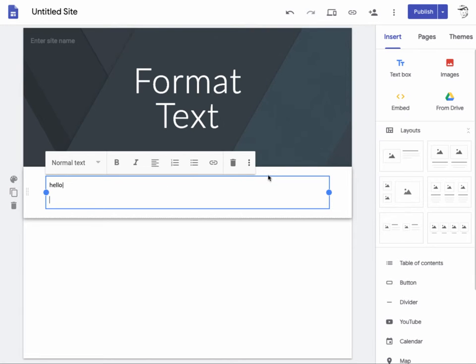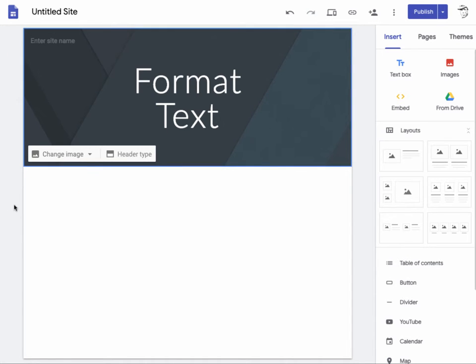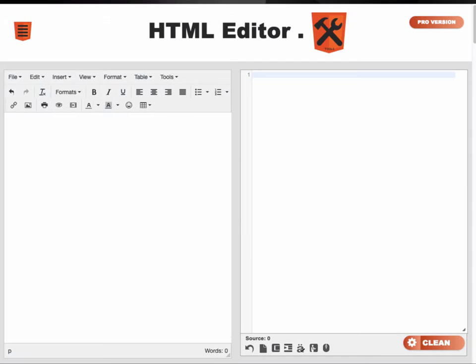So the only way at this time, Google said that they're going to add that like it's in classic sites, but the only way now is you've got to go to an HTML editor. This is one at htmleditor.tools, or you can use Dreamweaver or whatever. But here, if I go HELLO and hit Shift Enter, it does a line space, HELLO, and it provides the